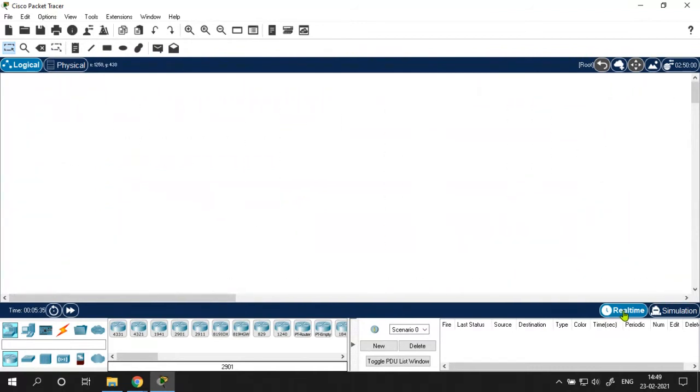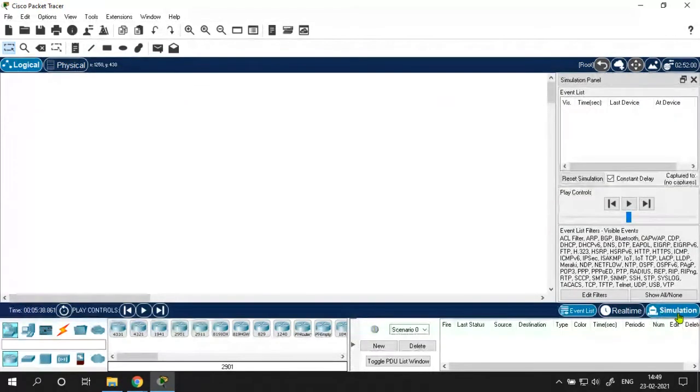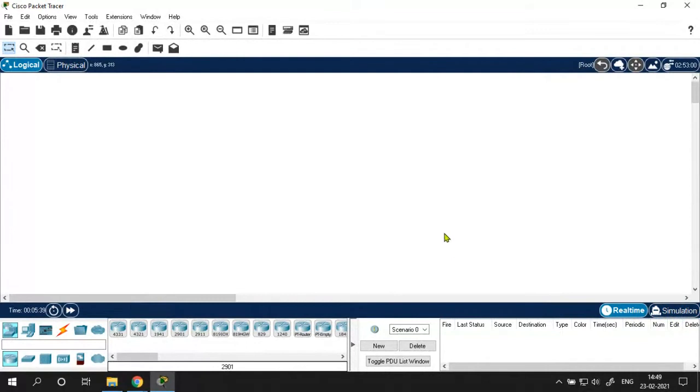One is the real-time mode, and this is the simulation mode. In real-time mode, you will be working as if you are working on your real PC. You will be configuring the IP address, then tracing the route, then you can ping some other system to ensure that the particular host is reachable, right?